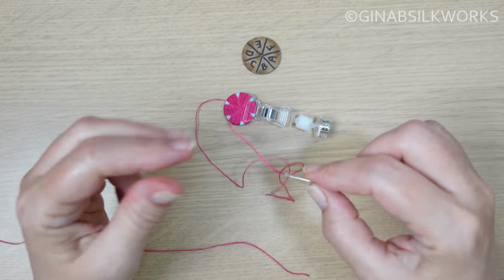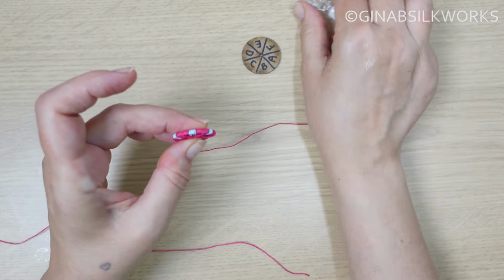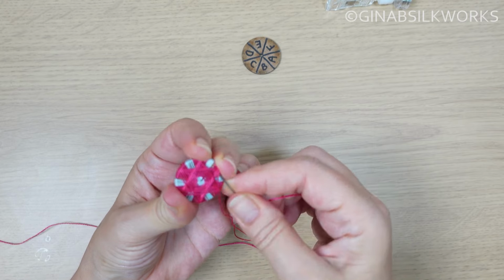Okay, my tin is in the other room. Don't ask. So let's just grab that, and then at the back I'm just going to work